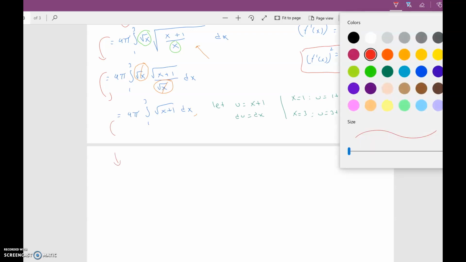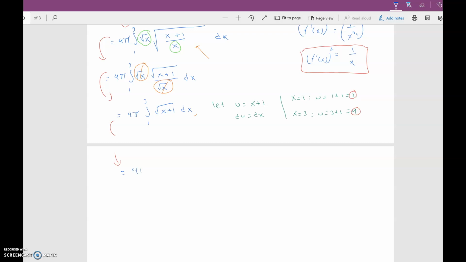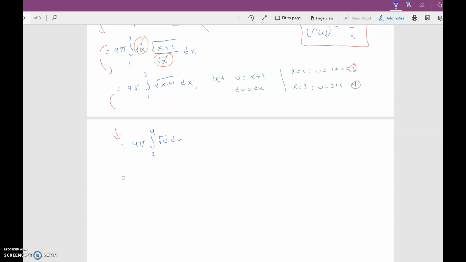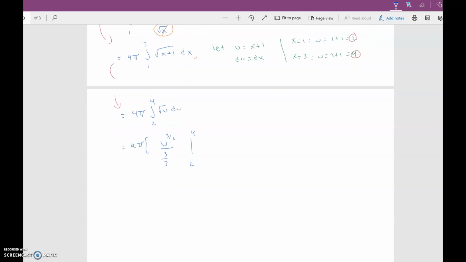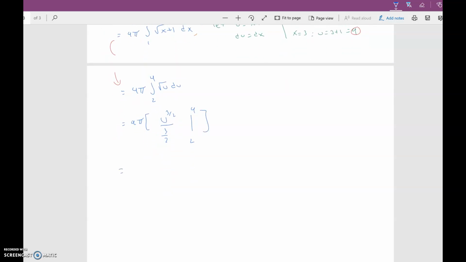So let me rewrite it. We're looking at 4 pi integral from 1 to 3 of the square root of u, and this will be du, and I already forgot to replace the limits, so we're going now from 2 to 4 on our u integral, which is simply going to be 4 pi times u to the 3 halves divided by 3 halves evaluated from 2 to 4, or in this case 4 pi times